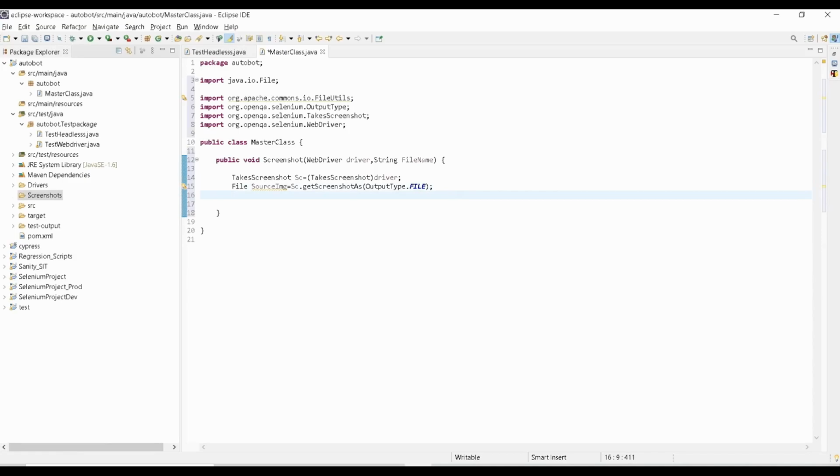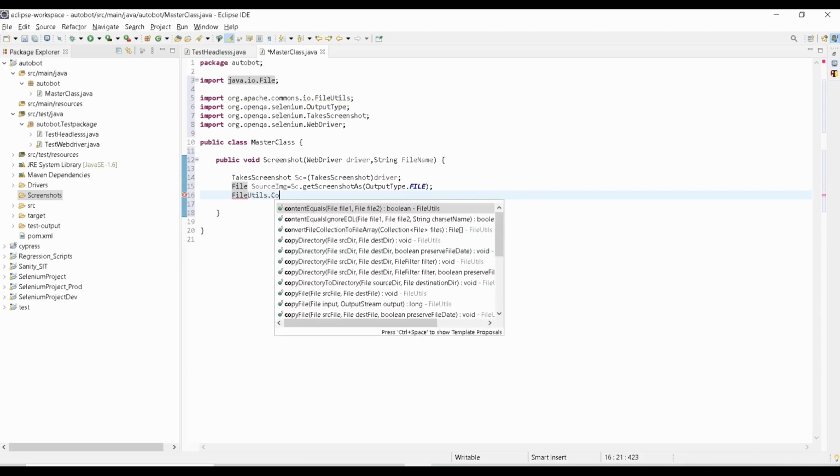Currently we have created the source image file, where it will capture and save the screenshot. But there are situations where we have to capture the screenshot and move it to some particular folder, for sharing the artifact as part of your CI/CD or sharing it with your customers. For that we have to use FileUtils and the copyFile method to copy it to a particular folder.